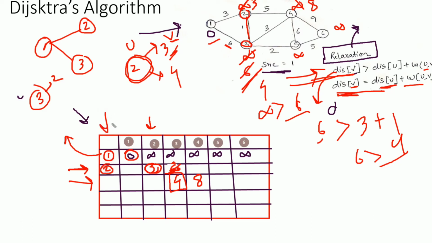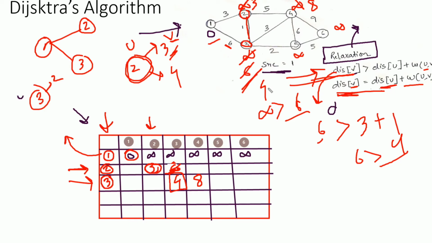This is my shortest path set, because vertex 2 had the minimum value, which I included, and I updated all its adjacent vertices. So I got this and this value. Next, the minimum value is 4, corresponding to vertex 3. So the next minimum vertex is vertex 3, and from 3 I'll start iterating. I have already visited vertex 1 and vertex 2. Now next is from 3 to 4.